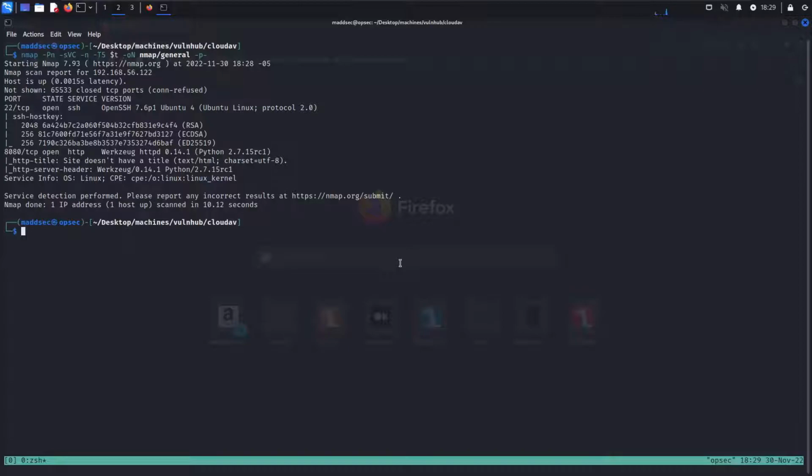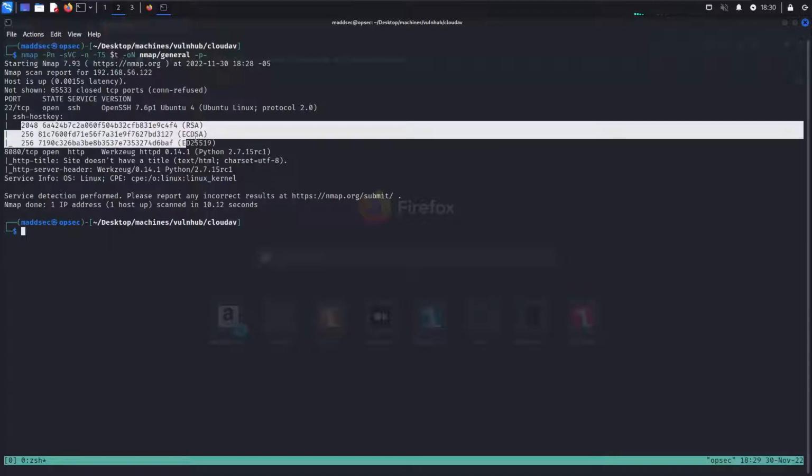As always, -Pn to tell Nmap the host is already up and running. This avoids making any ping scans to see if the host is up. We're basically telling it the host is already up, right? And -sV to perform a service version detection scan, plus -sC to run default scripts like these ones